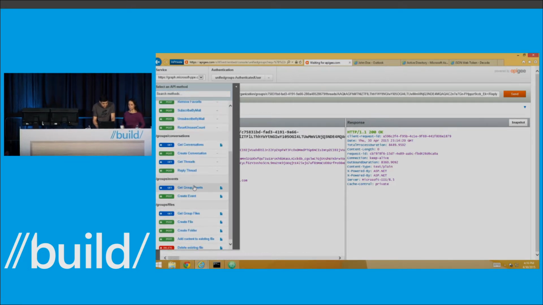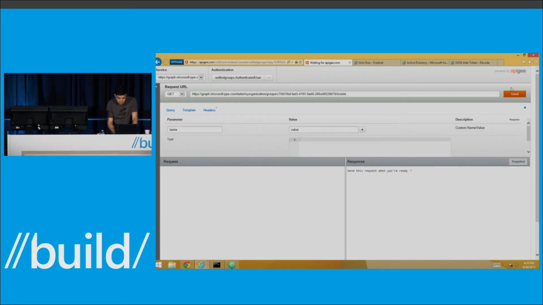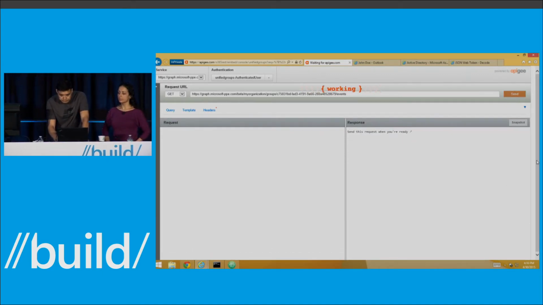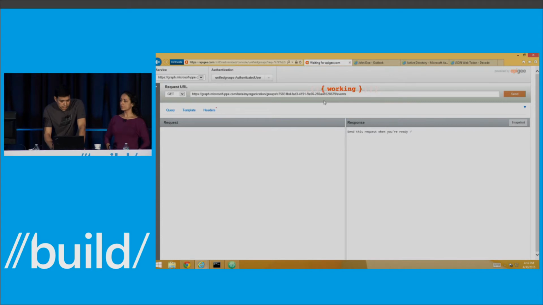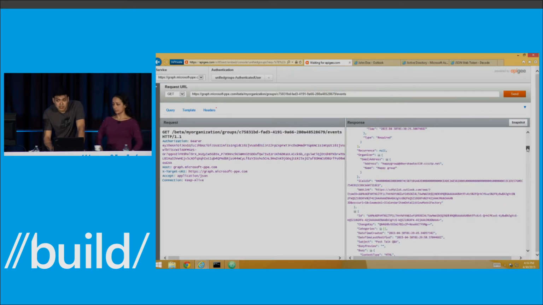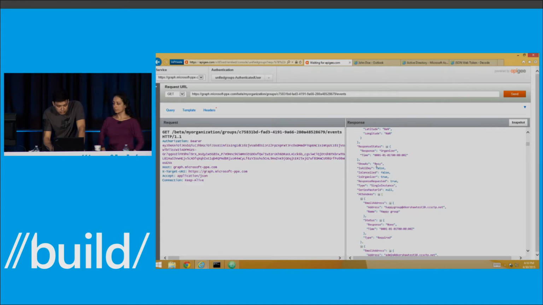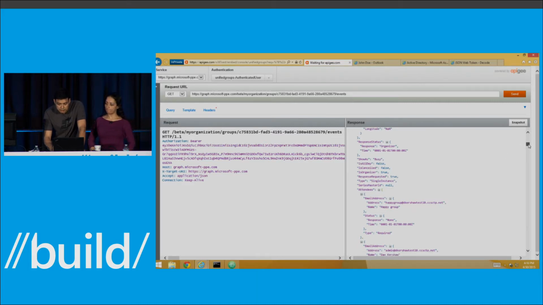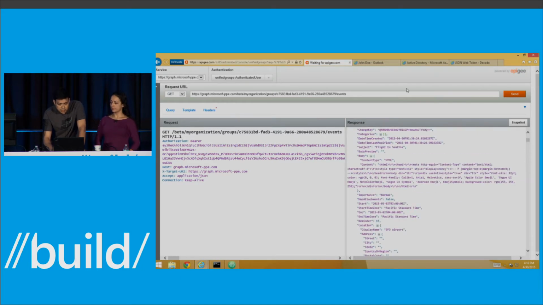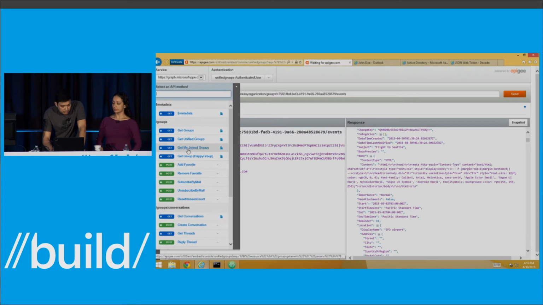I'm going to spend a little less time here because we are a little short. But this shows you the list of events for this particular group, so all the events that we have. Events are really rich in their properties. You can see all sorts of information, whether they're showing up as busy, all the different attendees, organizer, and a bunch of stuff. And similar to that, if you want to create an event,